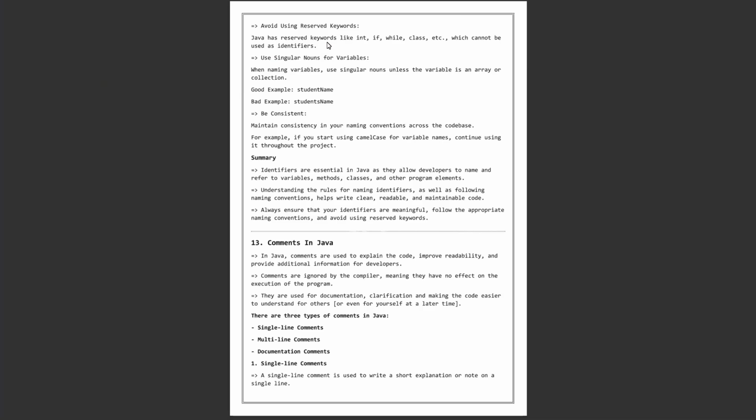Also, use singular nouns for variables unless the variable is an array. For example, students' names is a bad example. Be consistent. Maintain consistency in naming conventions across the code base. For example, if you start using camel case for variable names, continue using it throughout the project because everyone can